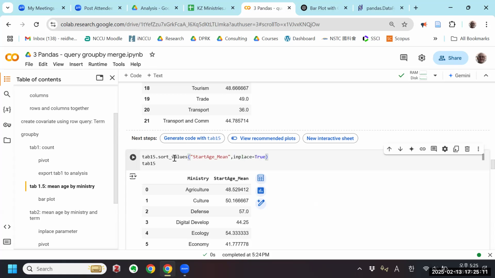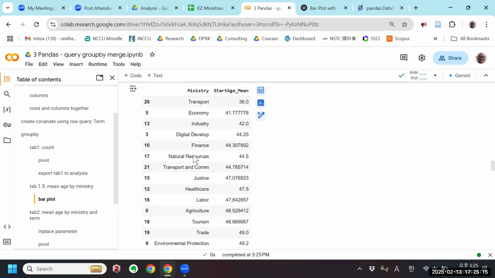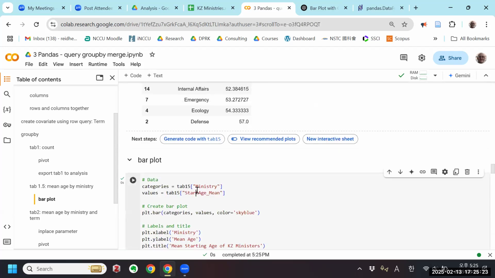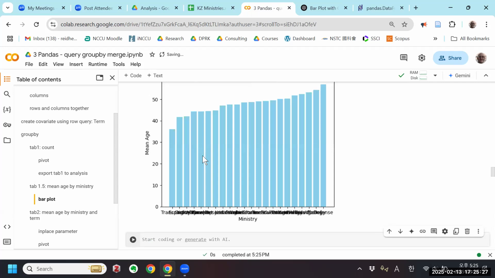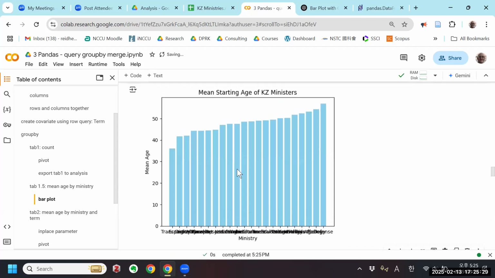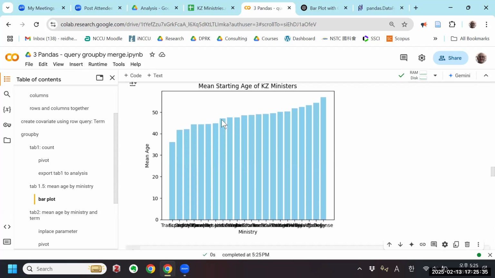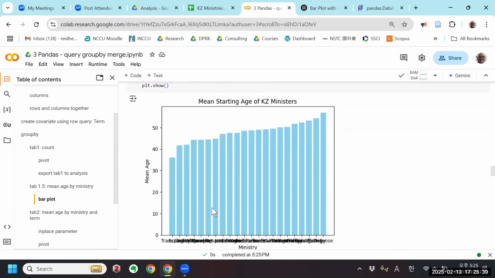equals true. And now if we run, it's like that. Right, so the tab 15 is actually sorted. So now if we run this, it should be sorted, right? Okay, so the mean starting age of ministers, and then, okay,